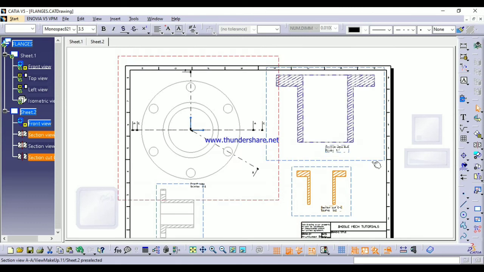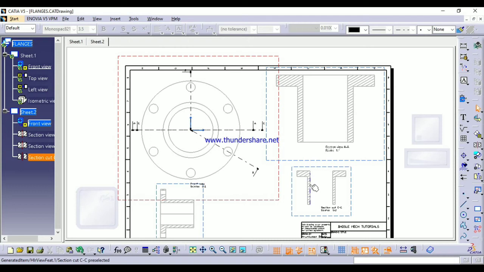See friends, the difference between this section view and this section cut is that in section cut you will get lines only where the part is available. Means from here to here part is available, here to here part is available, and from here to here also part is available.